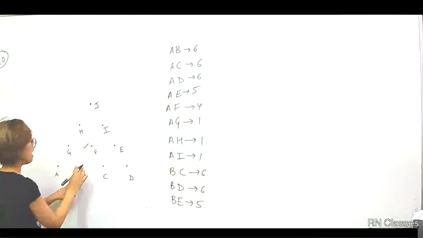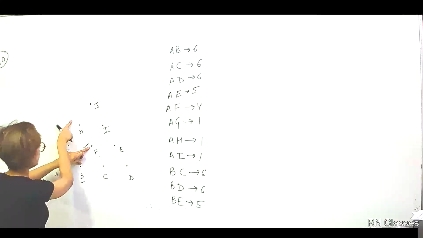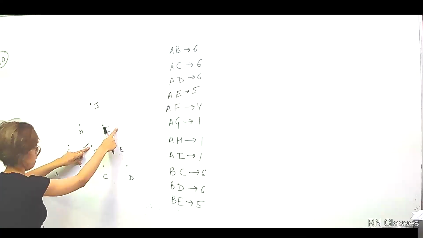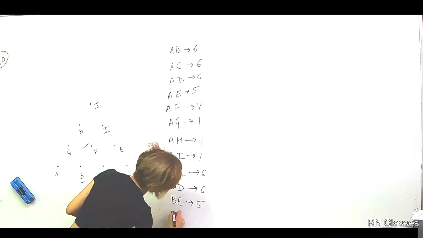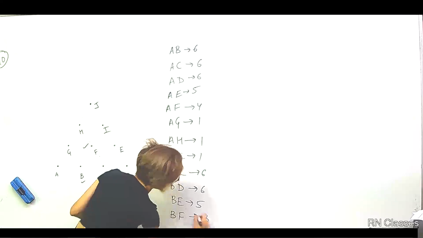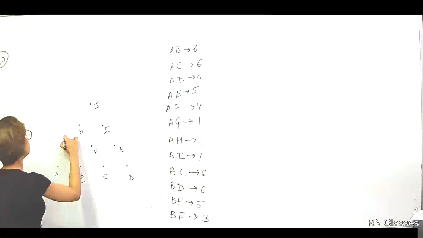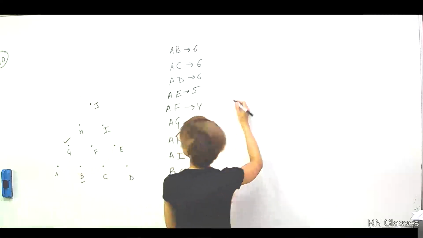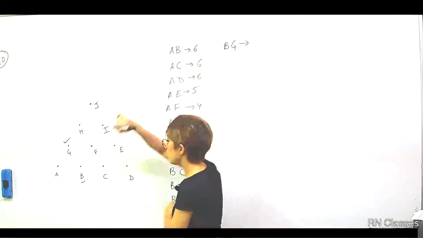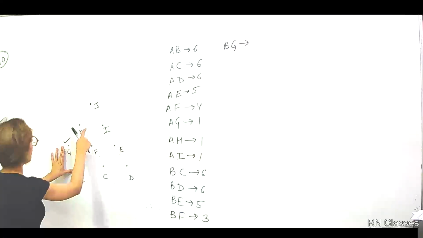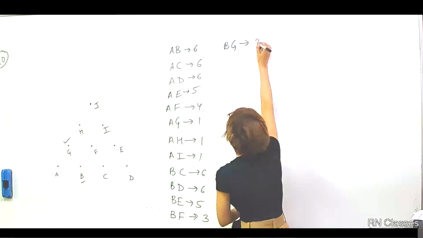So let's talk about BF. So I can take G, yes. I can take H, yes. I cannot take I, collinear. So 1, 2, 3. BF just 3. Careful. Right? So BF is done. Let's go to BG. So BG. Right? BG, obviously I can take H, I, J. So that is 3. BG, that is 3.